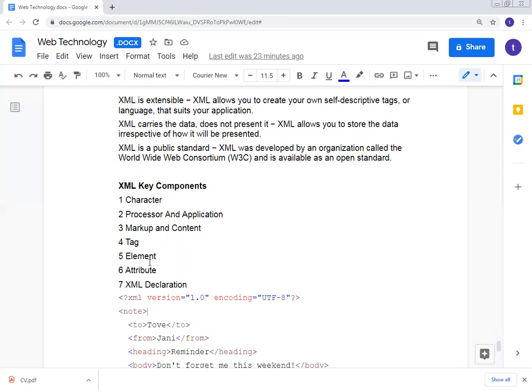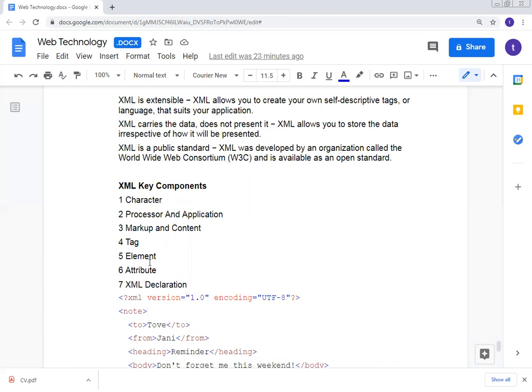Also, XML is case sensitive, whereas HTML is case insensitive. In XML you handle the storing part, and you can also transport the data from one place to another and change the data.